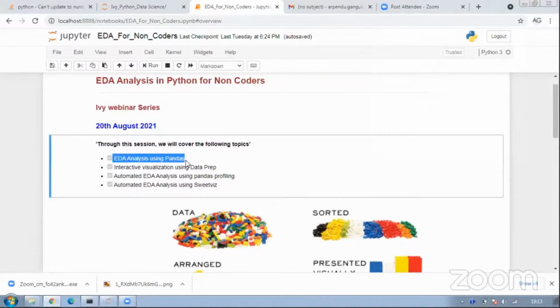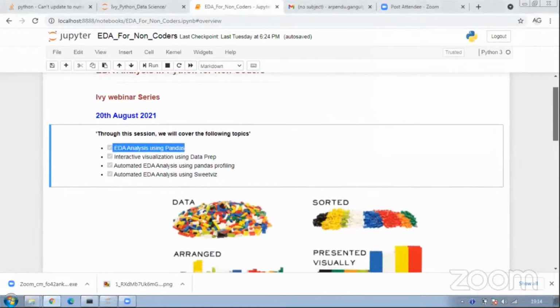Coming back to this session, we will be doing EDA analysis using Pandas. Pandas is basically a library. A library is a module that we have in Python, and it tries to do a lot of things. Imagine it as an umbrella object that includes a lot of modules and functions for data processing, right? Because in Python we generally have a lot of data handling as well as machine learning, and that goes hand in hand with any kind of data science work, right? So that's what we will be doing.